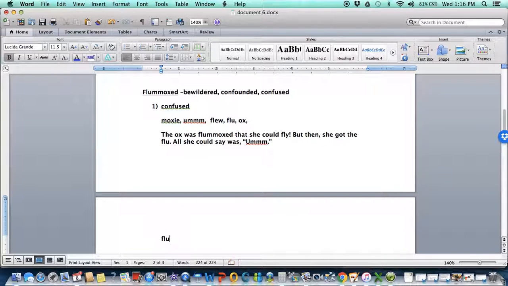you're going to write out the word. I'm typing it right now, but you're going to write out the word flummox. You're not going to type it. It makes a difference between writing and typing this out. You've got to write all this out, okay? You're going to write out the word flummoxed, and you're going to talk it out and say, okay, there was an ox and she was flummoxed because of whatever. So you're going to rewrite the sentence